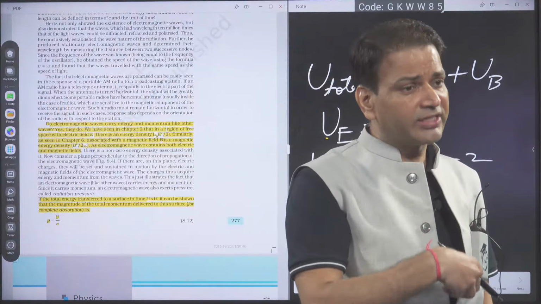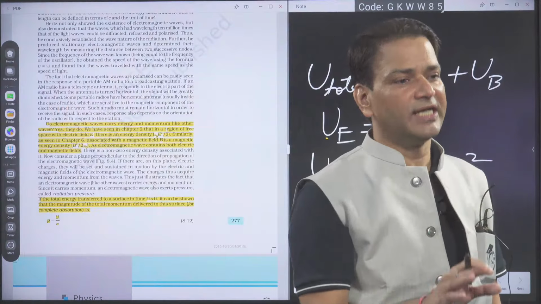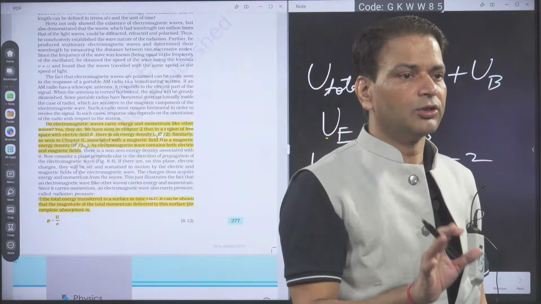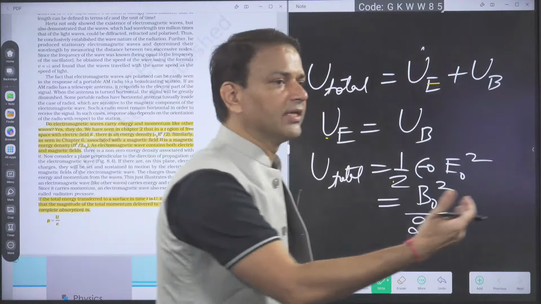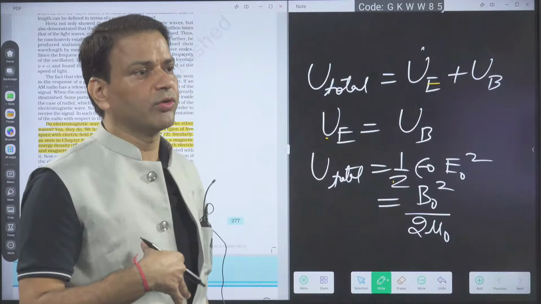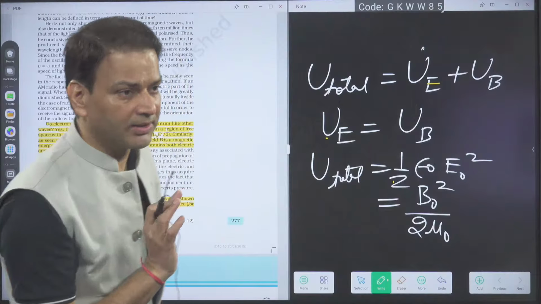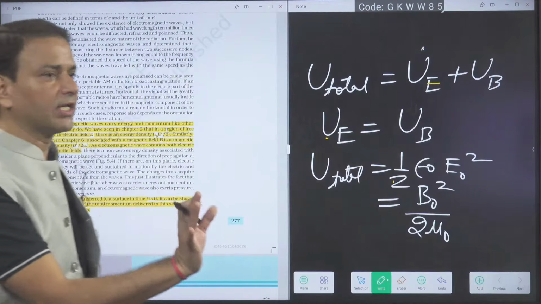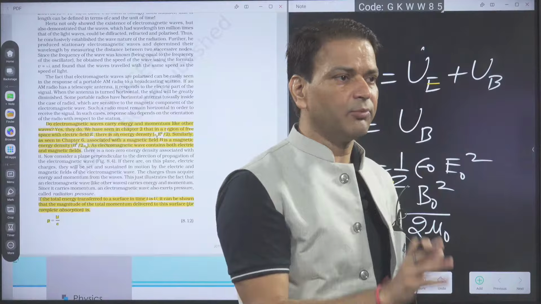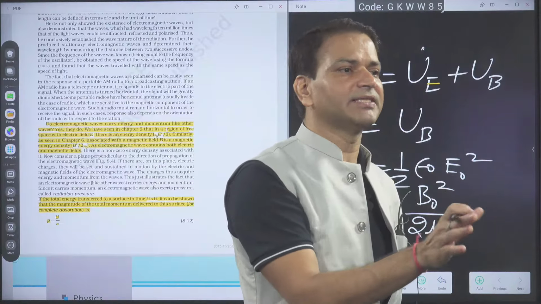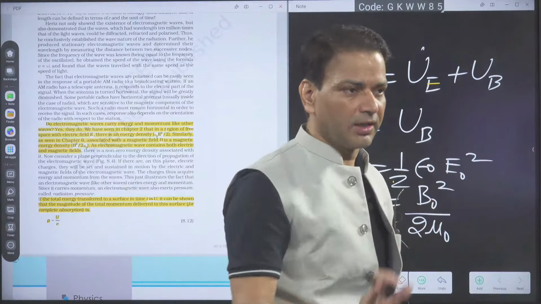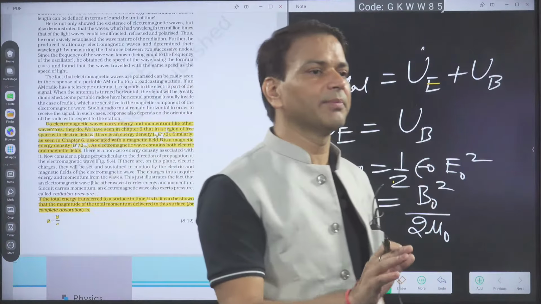So when they ask for the individual, in the place of E, we will take E_RMS. When they ask for the total, in the place of E or B, we will take the peak value. When you write the peak value, it means the total, including both electric field and magnetic field. If I am asking individual, then in the place of E, we will use E_RMS. The formula will not change, half epsilon naught or B squared by 2 mu naught will be the same. Only E naught and B naught, or B_RMS and E_RMS, we have to use. If we are writing total, we write the peak. If we are writing due to each component, then we write E_RMS and B_RMS.